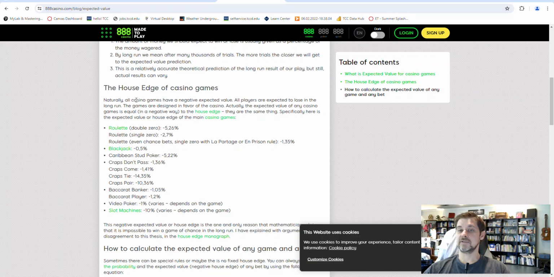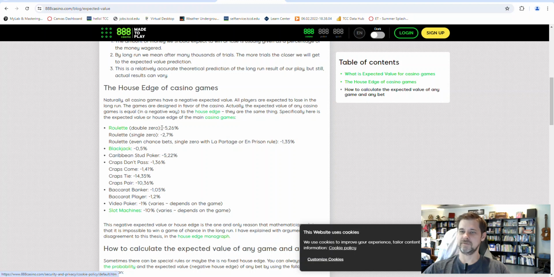Casino games are sometimes described in terms of their expected value. I haven't vetted these numbers, but I think they are realistic. Casino games have a negative expected value. The players are expected to lose in the long run, meaning you might win sometimes and lose sometimes, but if you calculate your average win during a play, and I put win in quotes because the long term is going to be negative, then we see roulette has a negative